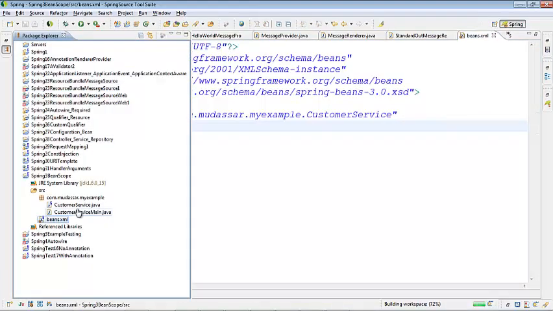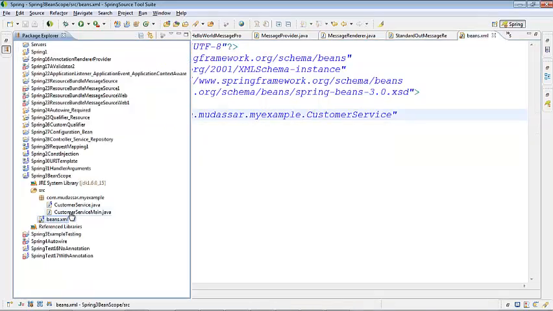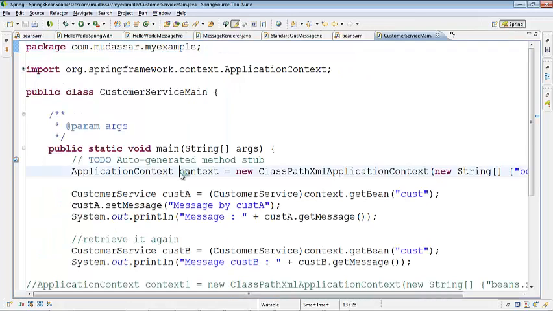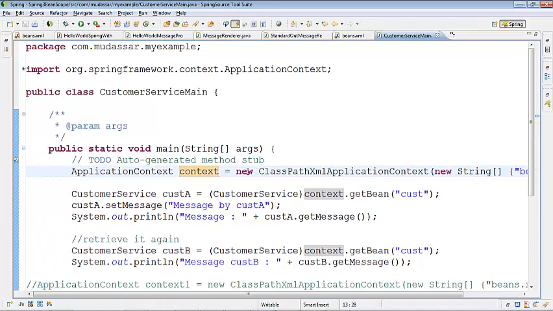So there is a bean called customer service, and we have configured that bean inside the XML file with the bean ID cust. Then here is the program. The program goes in such a manner that we first get the application context. ApplicationContext is something that we talk about once we get done with this example. It's another extension of your bean factory, but a better version of it, because we get to do a lot of things in that which we can't do in a normal bean factory class.